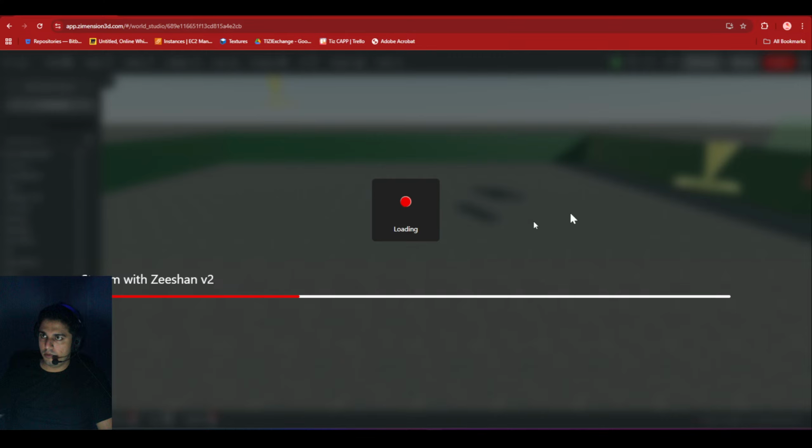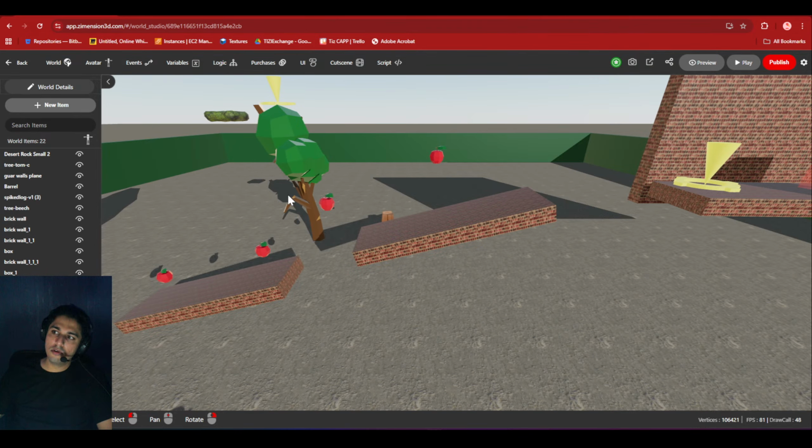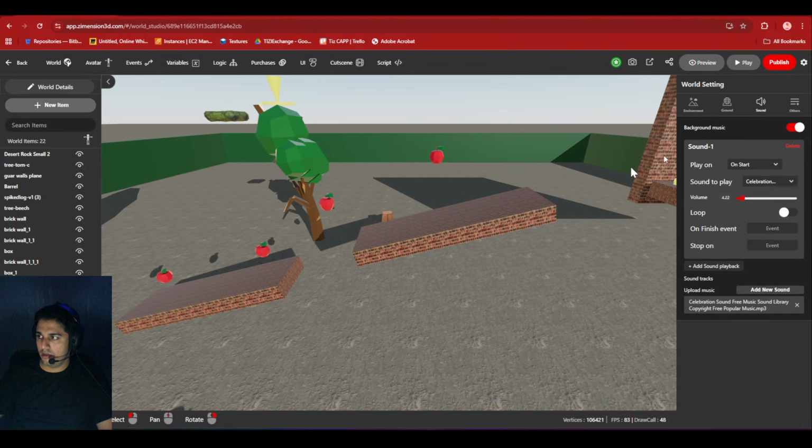So the sound was playing, but I believe it was not in loop. If you have a background music, just put it in loop, and then you can have different sounds. Let me show again. The sound was playing. I think the sound was shared with you guys. Okay, so you can adjust the volume here. Try not to make it too loud. See, we can turn off this loop, then it will constantly play a different sound.